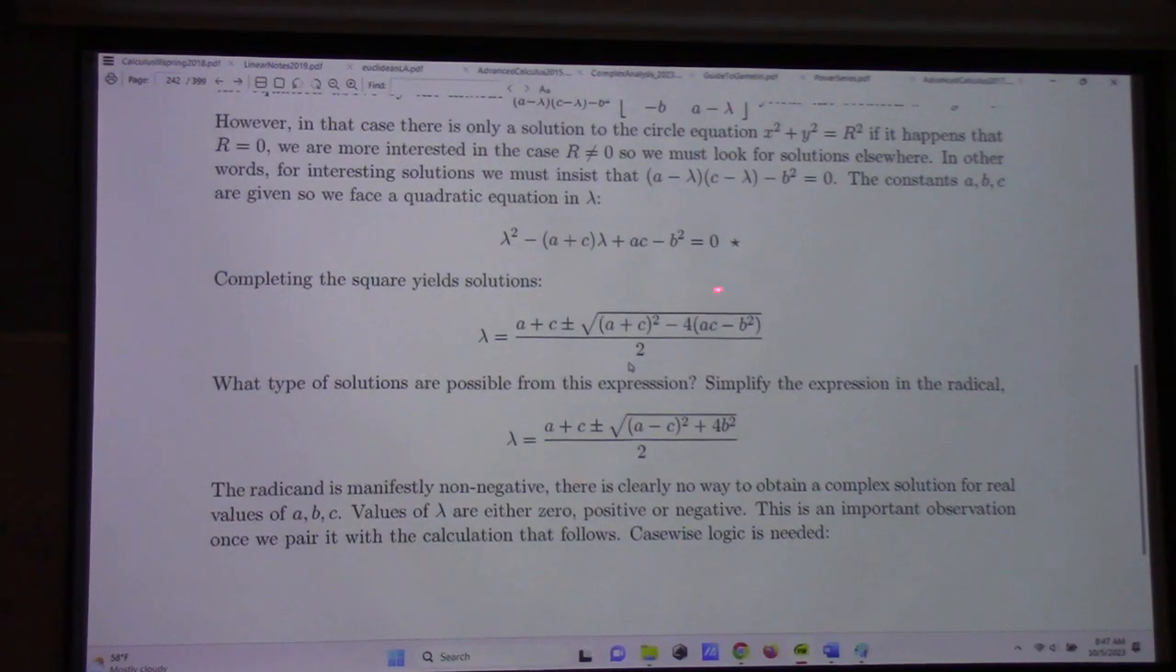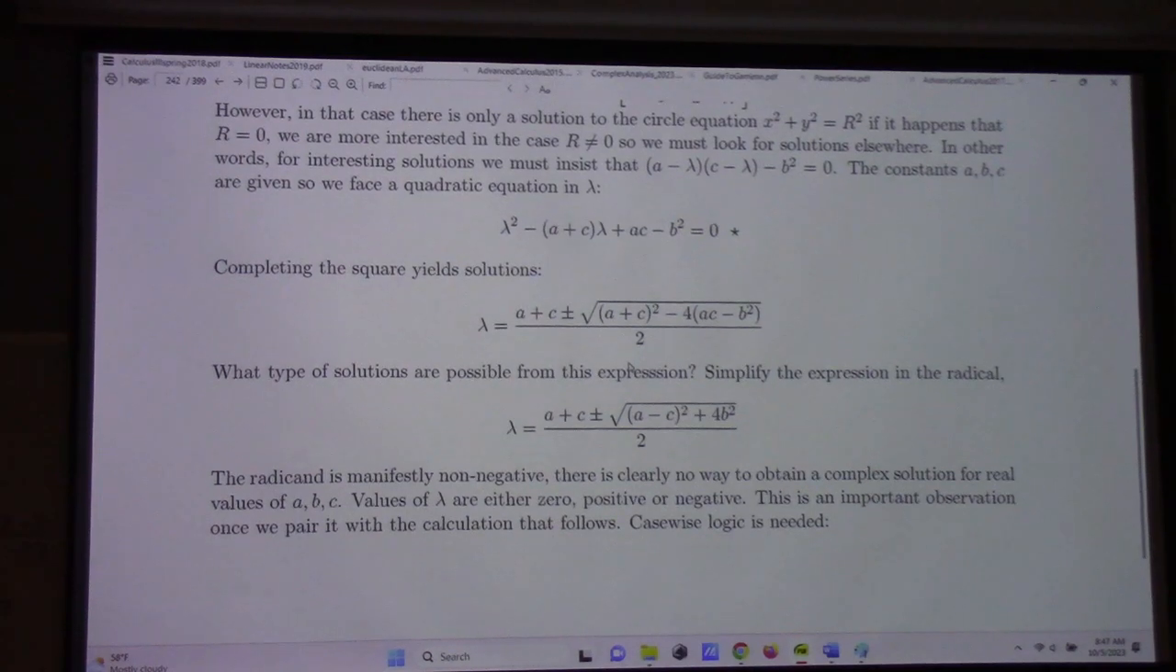now if you rewrite this, it turns out that it can be rewritten as a minus c squared plus 4b squared. The thing about this is it's manifestly non-negative, which means that these lambdas exist and they're real. All right? So these are real lambdas, which means we can find them. And so, continuing here,